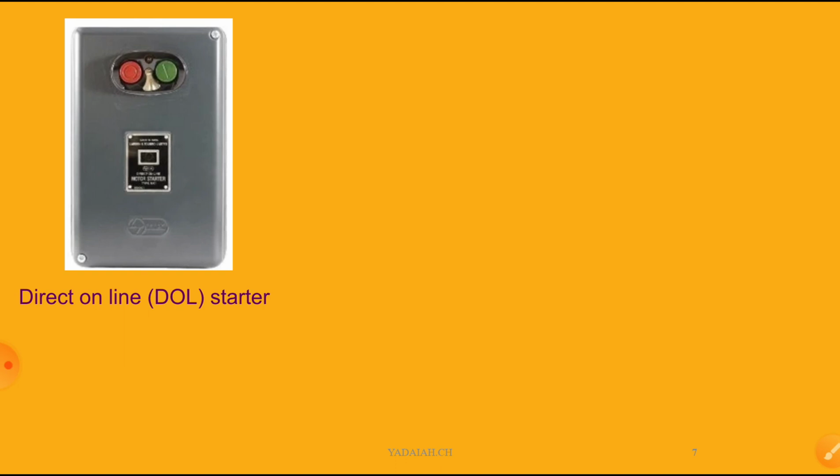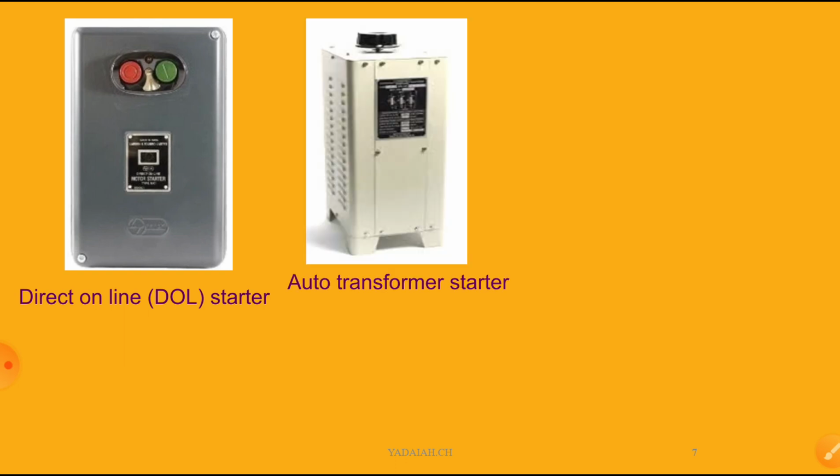The soft starter can also be used. Okay, what is the auto transformer? You can see one figure. This is an auto transformer starter, nothing but a dimmerstat or variac. These are the different names of auto transformers, generally used in our laboratory for testing and operation of transformers and motors. I think you might have observed them in our laboratory, whether single phase or three phase. But now we are discussing three phase motors only, so we prefer a three phase variac, a three phase auto transformer.